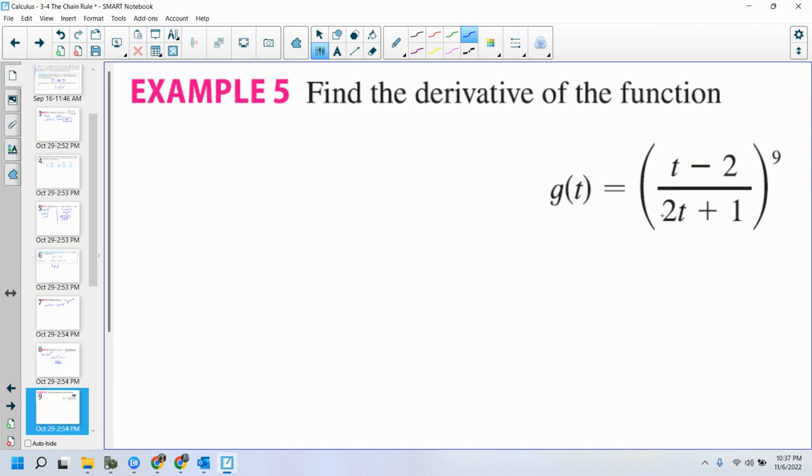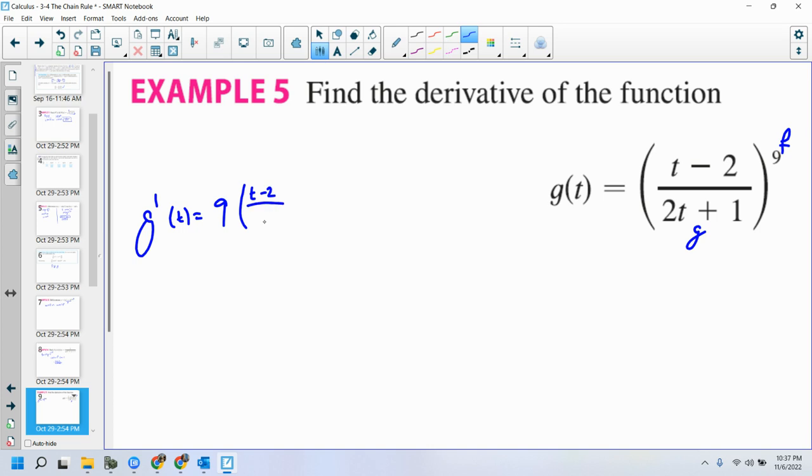Let's find this derivative. So notice again, a composite-looking function. I've got a rational function with an exponent on it. So this is my f, and this is my g. I know this seems weird, but I shouldn't get ahead of myself. So let's find g prime. G prime of t is going to be equal to, so derivative of my outer is 9t